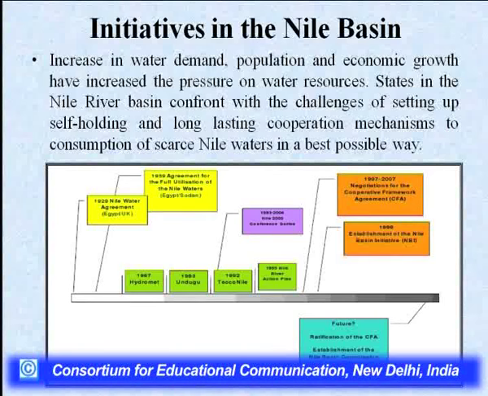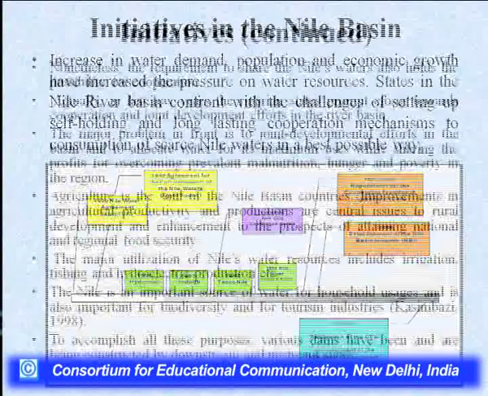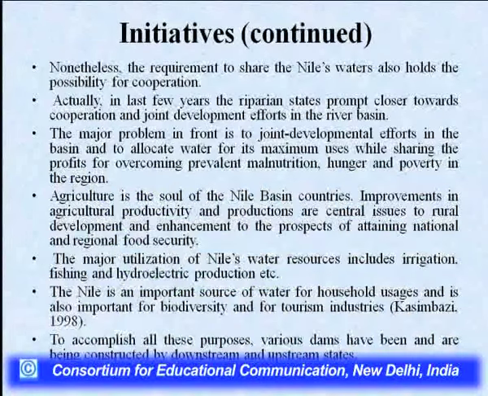After that, from 1997 till 2007, there were various cooperative framework agreements in the Nile River Basin. And in 1999, an organization of more or less all of these countries was set up, namely the Nile River Initiative, which is working as the Nile Basin Organization. So by seeing all this, we can see that different countries are coming closer,